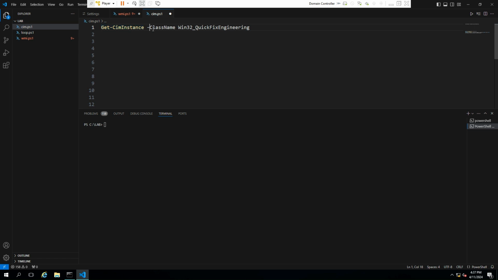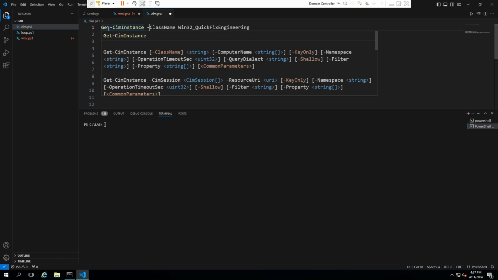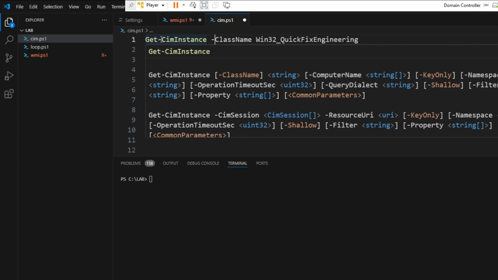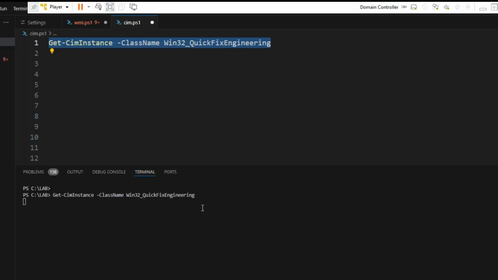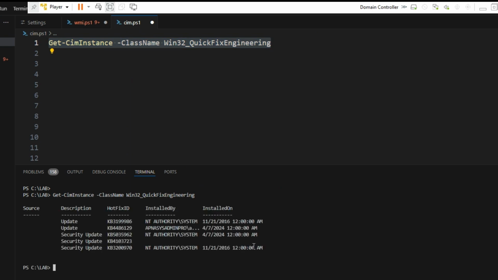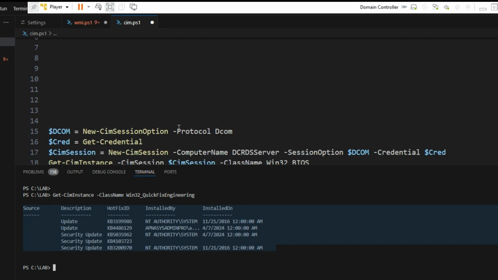How do you find out all the patches installed on your system or on a remote system? So what we can do is use Get-CimInstance and class name Win32_QuickFixEngineering. If I run this command, it will give me all the patches installed on my system. Here it is. What I can do if I have to get the patches installed on a remote system,